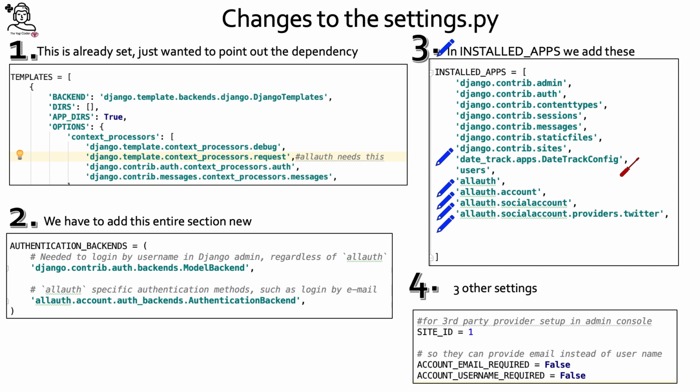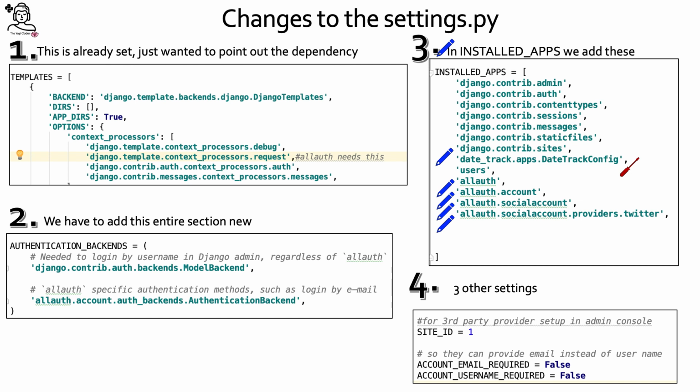Next, on the right-hand side, we have to make some changes to our installed apps. And there are some controversies on how to do this, but I told you once I installed allauth, it blew my template inheritance, hence my Bootstrap, to pieces, and I still haven't corrected that as of yet because I wanted to get this training out. But you see here there are a few things in blue, where the blue pencils are is what we needed to add. So django.contrib.sites, and then these four at the bottom that have to do with allauth: allauth, allauth.account, allauth.socialaccount,